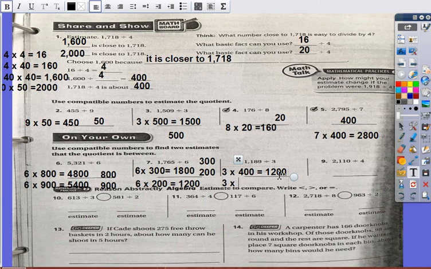So let's try 3 times 3. Okay, and that's 9. Okay, add my 2 zeros here. So it would be 900. So my answer for this one would be 400 and 300. Okay? Alright, so you can finish the next one if you would like to, but I'm going to go ahead